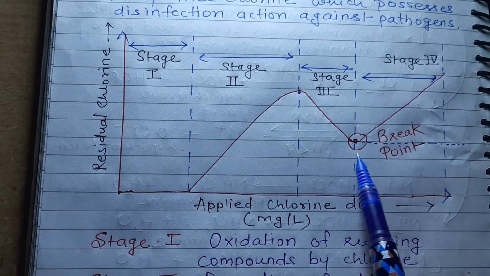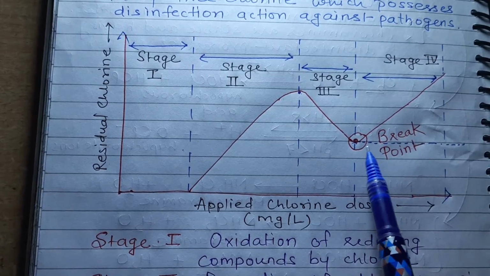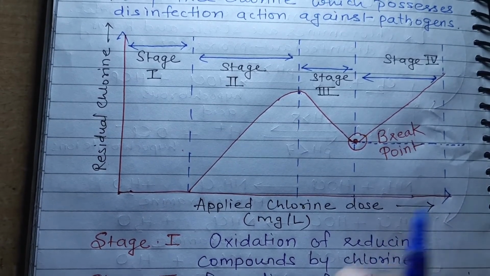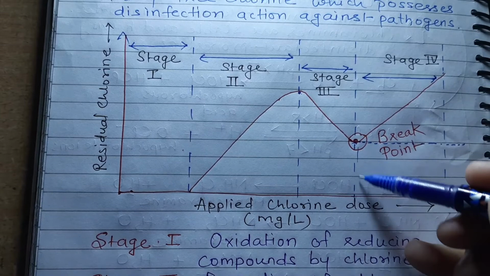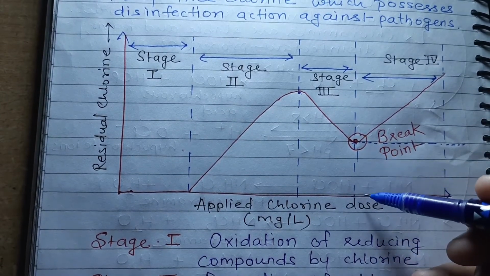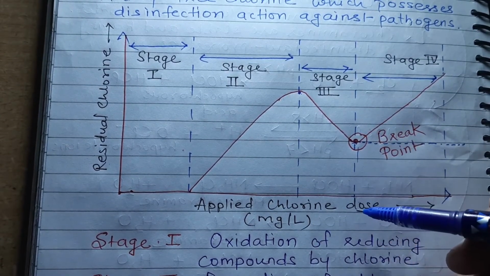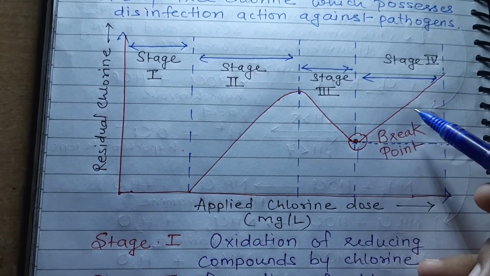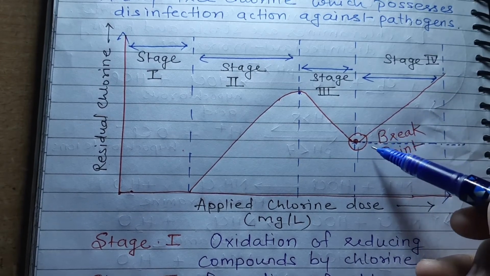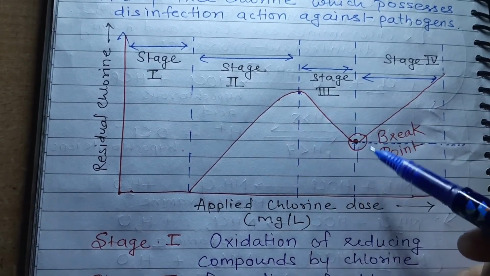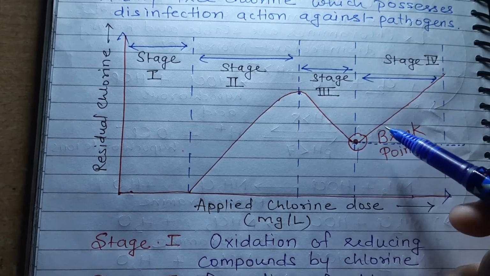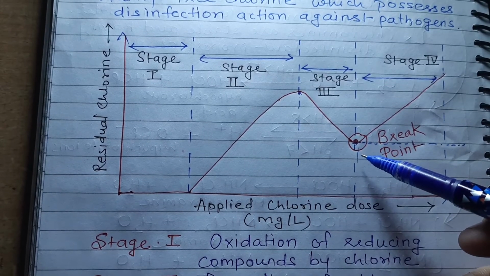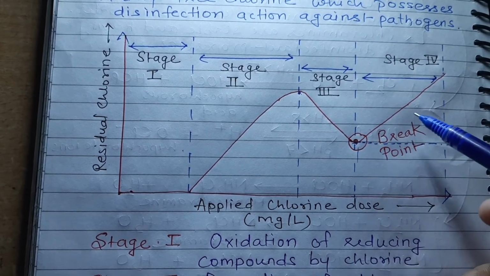So the purpose of breakpoint is what? In breakpoint chlorination we need to add chlorine in such quantity that all the impurities are oxidized and even a residual chlorine concentration is there in the water. So this is the disinfection of water by breakpoint chlorination. There are many advantages of breakpoint chlorination. When the chlorination is done up to breakpoint, it ensures that all the impurities are already oxidized. It ensures that the water now has some residual chlorine concentration which will prevent further contamination of water.